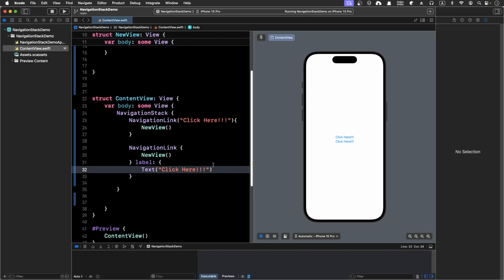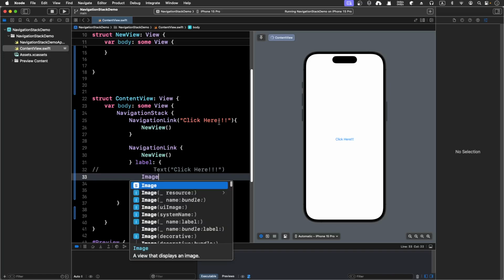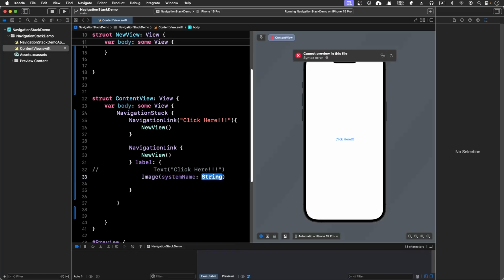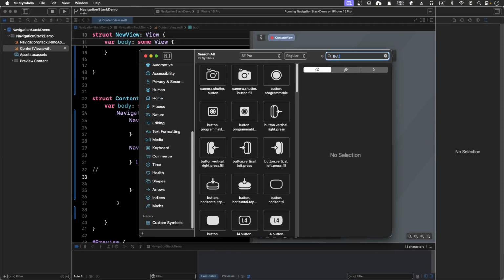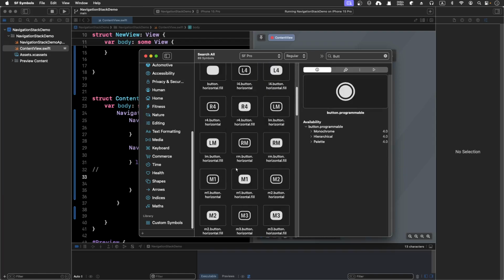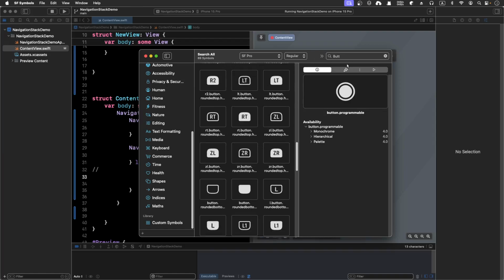Okay, so for example, let me just hide it, and what I'm going to do is we can not only use the text, we can also use an image, and I'm going to use a system image. I think I got SF Symbols here, and let's search whether we got some button, like the screenshot button, and maybe some control button. You can use that for navigation. I think maybe just search navigation. That's much more straightforward. So navigation,